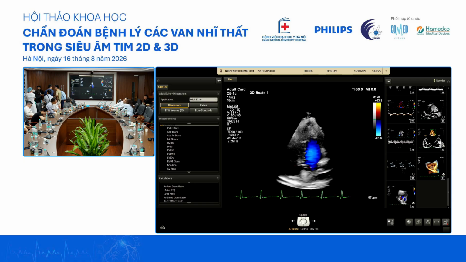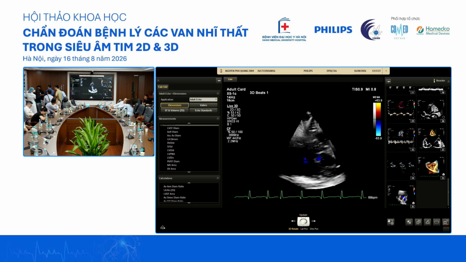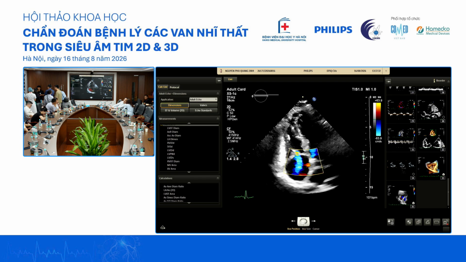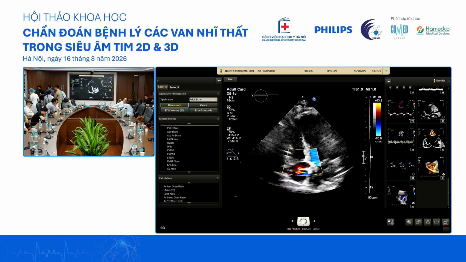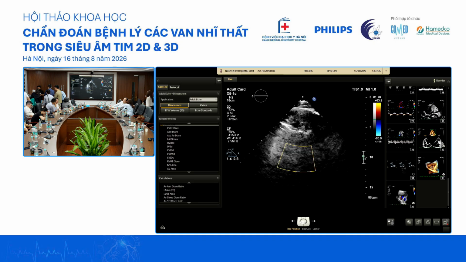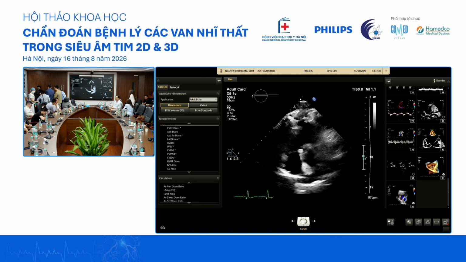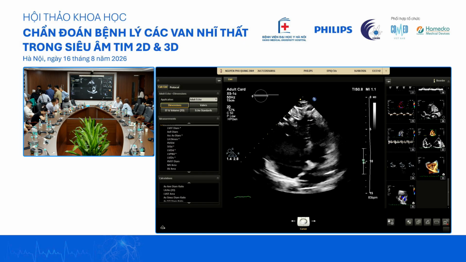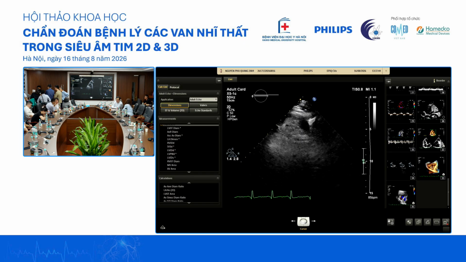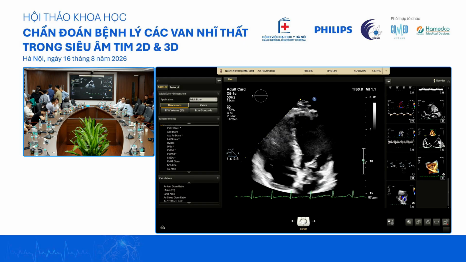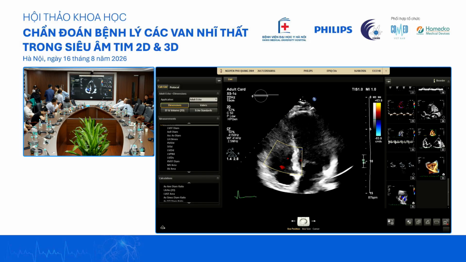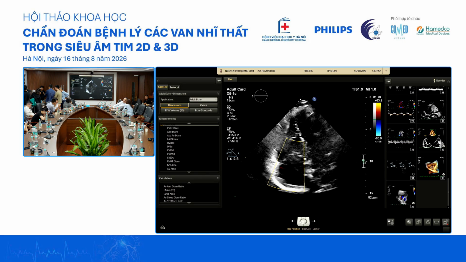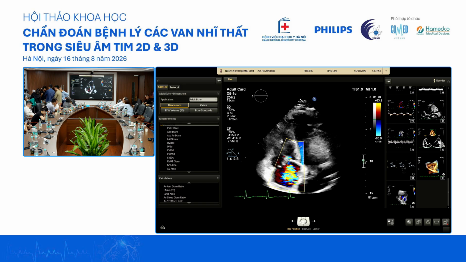It's not on the RV focus. His TR is not covered. Got to find the TR first, then we turn on the live 3D. It's better on the more front view. Okay, good.